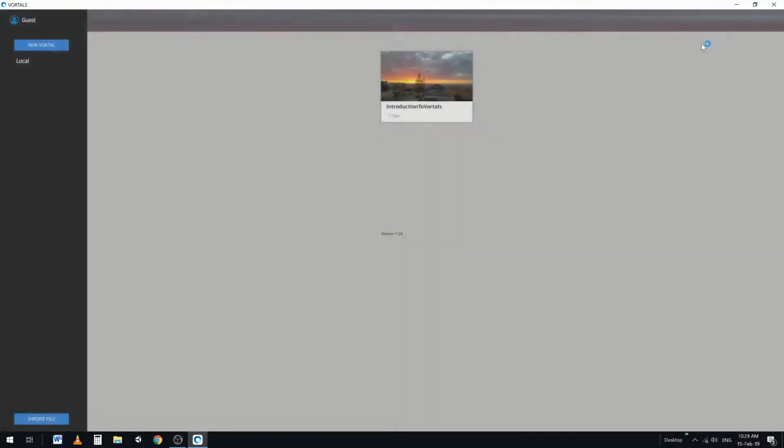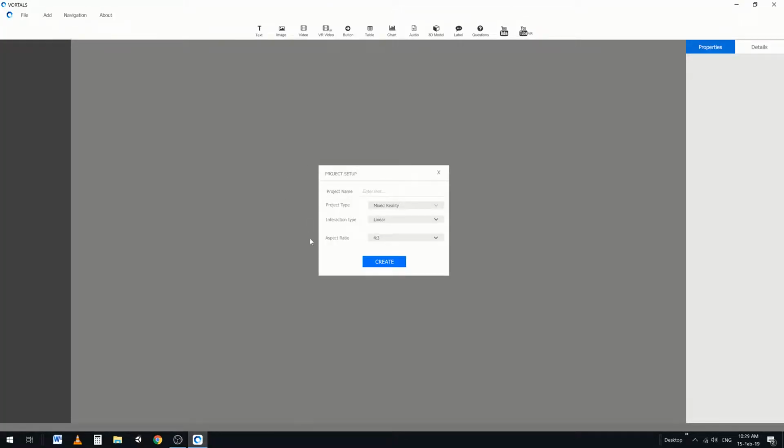This is a tutorial that will take you through how to make a very simple augmented reality presentation in Vortals. So the first thing we're going to do is click on the New Vortal button in the Vortals menu. And that will take us to a new project setup. So I'm going to give it a name